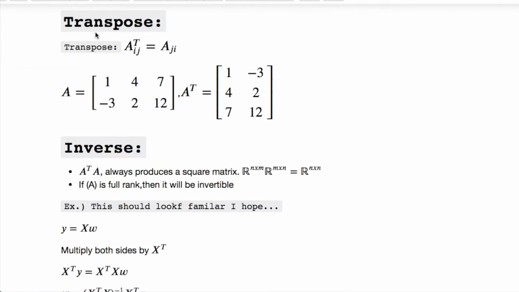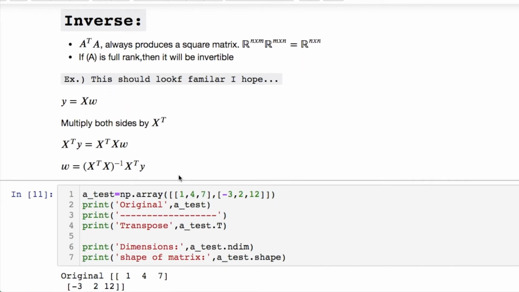The first thing, you're going to run into transpose and inverse quite often, so understand what those look like if you're new to linear algebra or a little bit rusty. So here we go. Understand that you're just replacing the columns and putting them into rows if you're flipping it. The inverse is interesting because not every matrix has an inverse. If you have a square matrix, usually it'll be invertible, except that's not always the case.